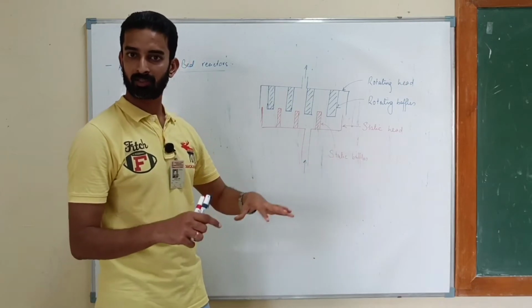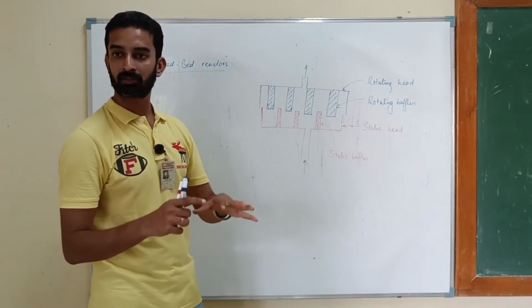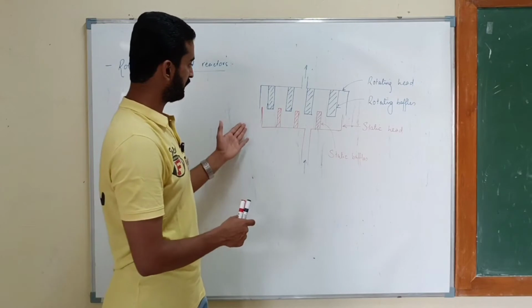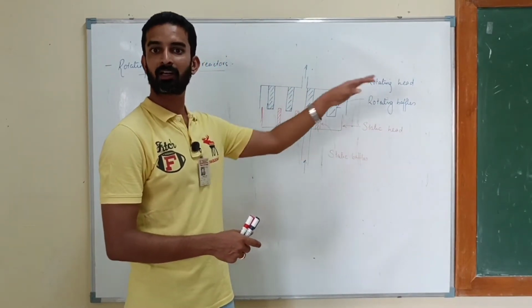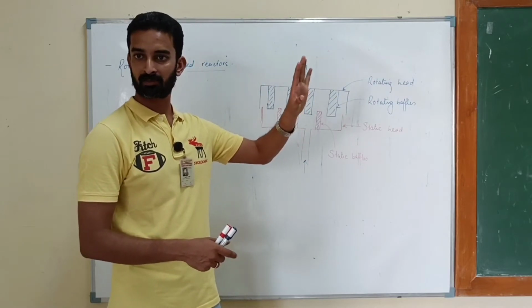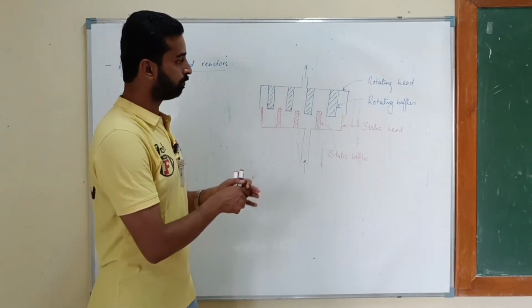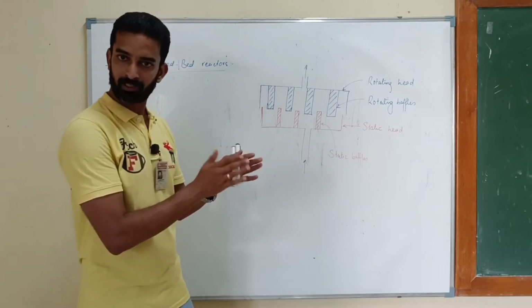Suppose on the contrary, you are having a two liquid reaction, liquid A and liquid B, then you can have one liquid entry from one side, another liquid entry from another side, and separate exits. You can have all those mechanisms. But this is just to show you what this actually looks like. I hope it is clear.